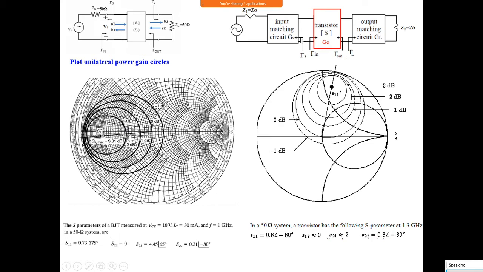So what is the impedance you have to set by using the impedance matching circuit? This is the impedance matching circuit. Looking into this direction, the impedance must be equal to this value, whatever is here. Then we will be getting GS equal to 2 dB. That's why we have to do all these things. So you have to draw the circle like this. For a given gain, you have to draw the circle. We will be getting a constant gain circle of 2 dB.